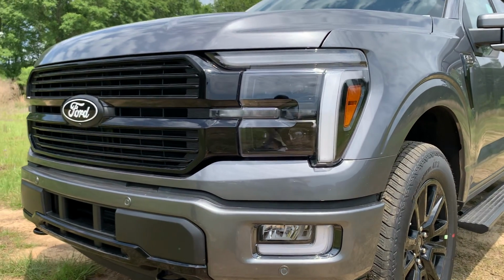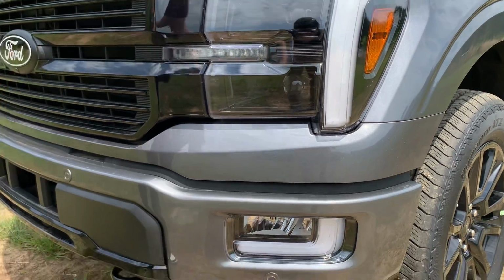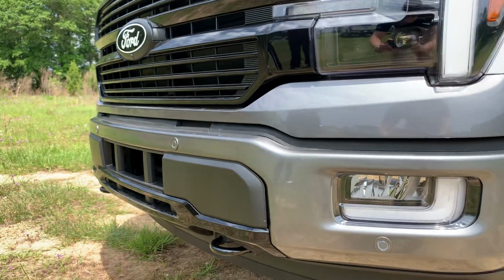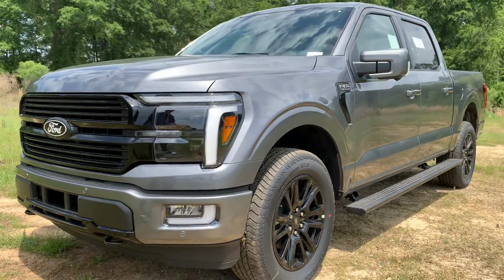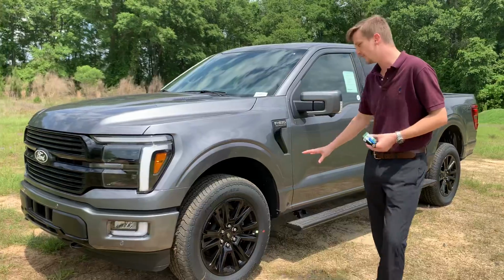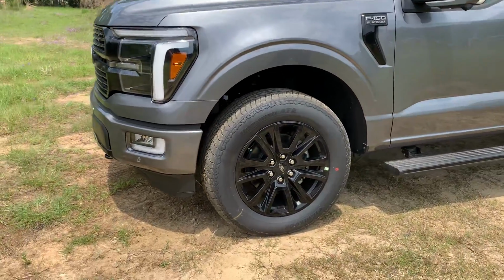As far as safety, as far as equipment, you've got your fog lights, you've got your heavy duty front hooks, but you've also got sensors and cameras on the front, sides, and rear of this truck, letting you know how close you're getting to the items around you and also making it super easy to park, parallel, whatever you're gonna need to do. Beautiful Platinum specific wheels that we haven't seen before in a nice gloss black to mirror that